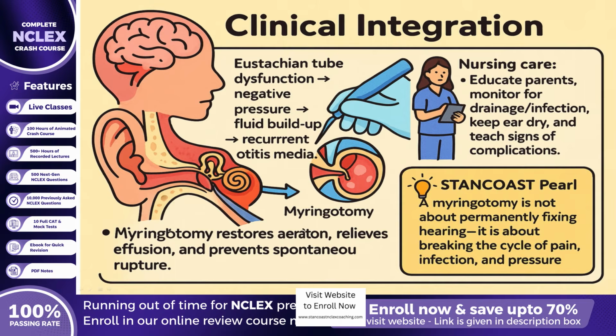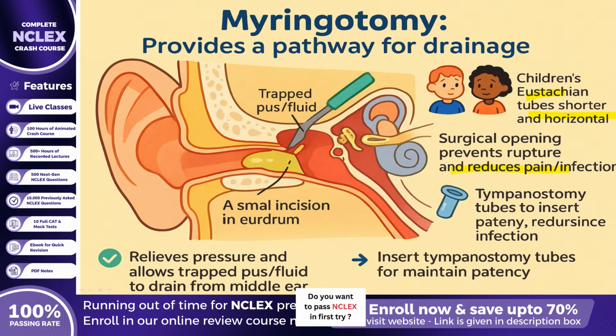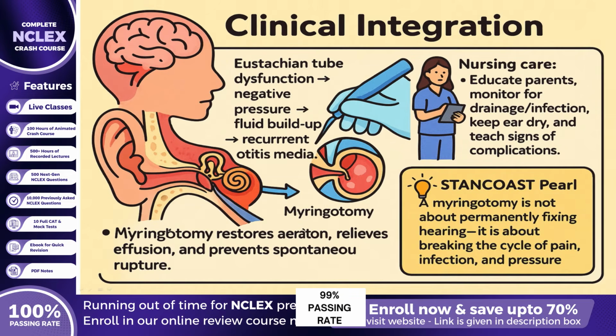Looking at the incorrect choices, let us begin with option A, which mentions preventing permanent hearing loss. While relief of middle ear effusion may improve hearing and reduce the risk of damage to the ossicles or tympanic membrane, the myringotomy itself does not guarantee protection against permanent hearing loss, especially sensorineural loss. Instead, its goal is infection and pressure management. Moving on to option C, which refers to aiding in administering medications. This is not the main reason for the procedure. Although antibiotic drops may sometimes be used after surgery, systemic antibiotics remain the mainstay of treatment for acute infections. The true therapeutic focus of myringotomy is mechanical drainage, not drug delivery.